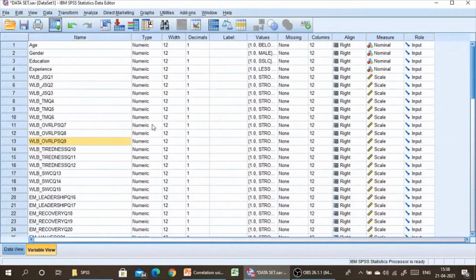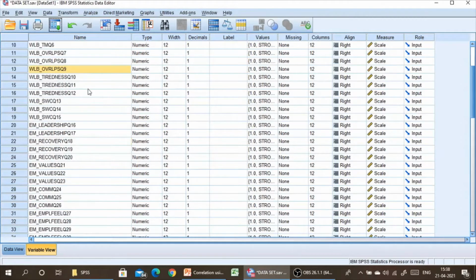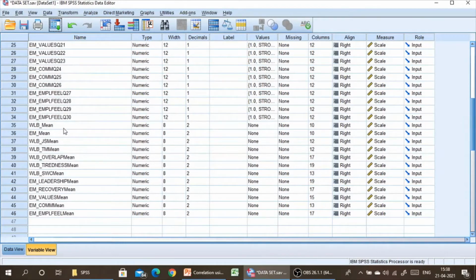So this is the data which we used for measuring a lot of other variables or analysis. Now what we have done is, in the previous video I have mentioned how to identify mean for each and every variable and all the factors. If you have not followed how to calculate mean, you can see the video for which I have mentioned the link in the description box.